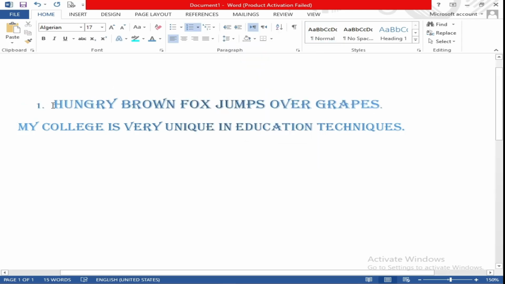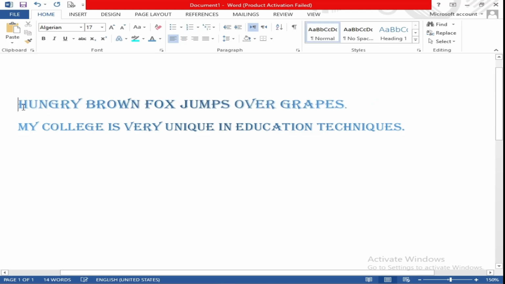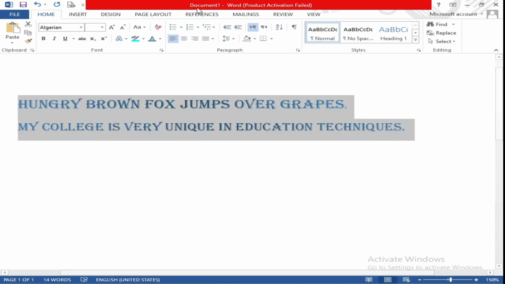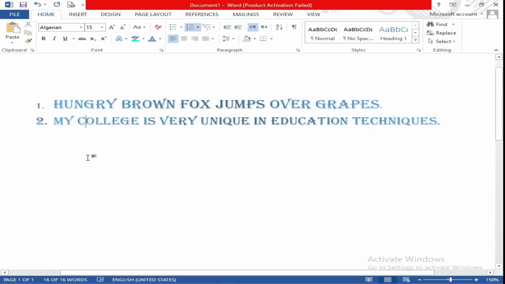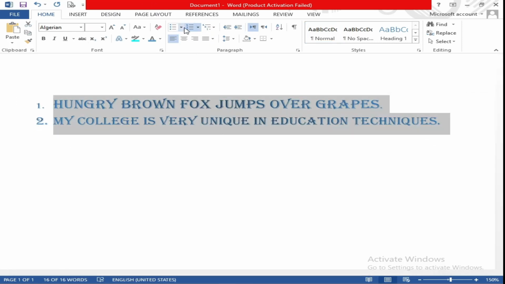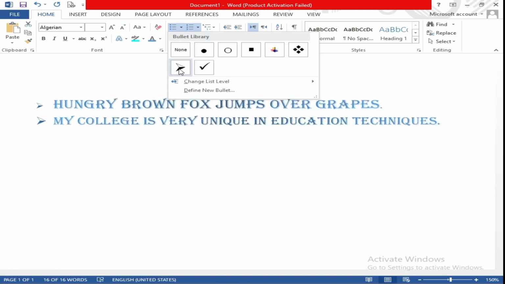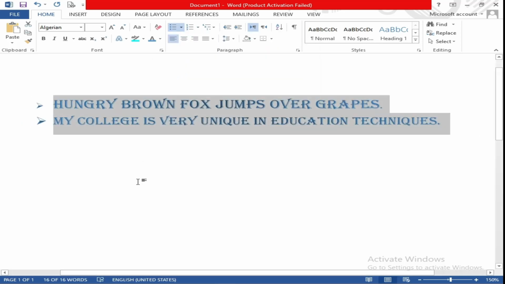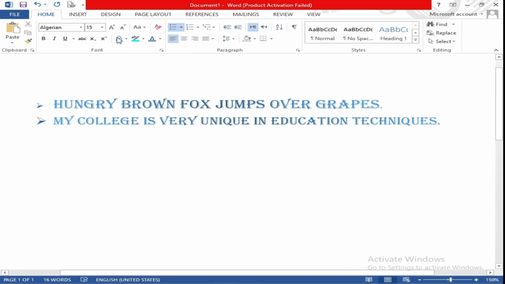And as you can see, when you have selected, it has automatically chosen this. When you select the lines, it will automatically give the numbering to all of these. But if you want to change the numbering and give it a bullet nature, you can simply click on it, and as you can see, it has given it bullets.